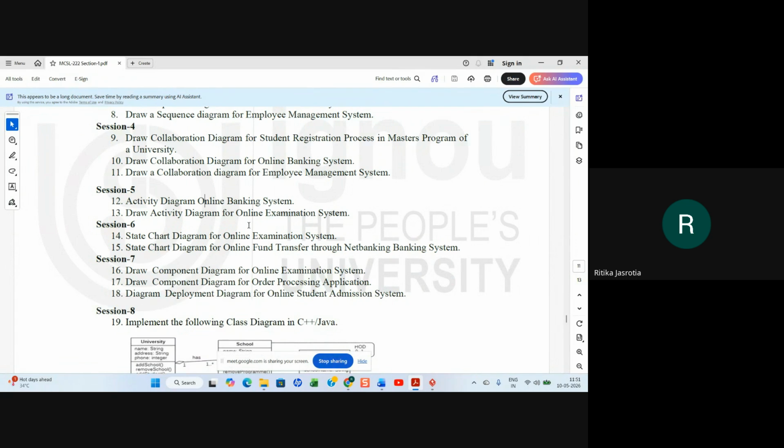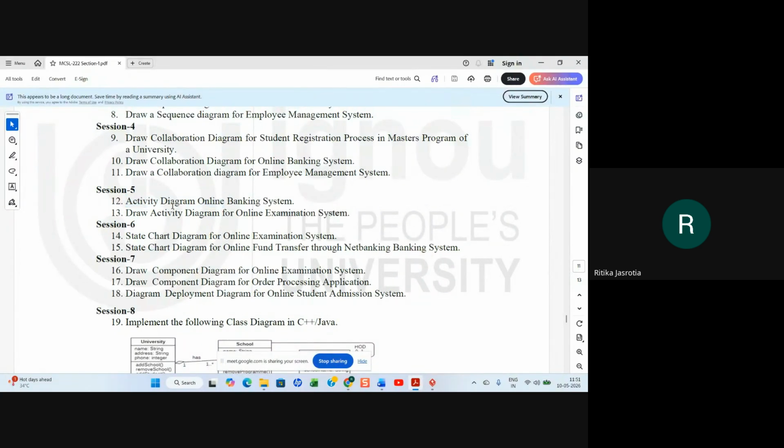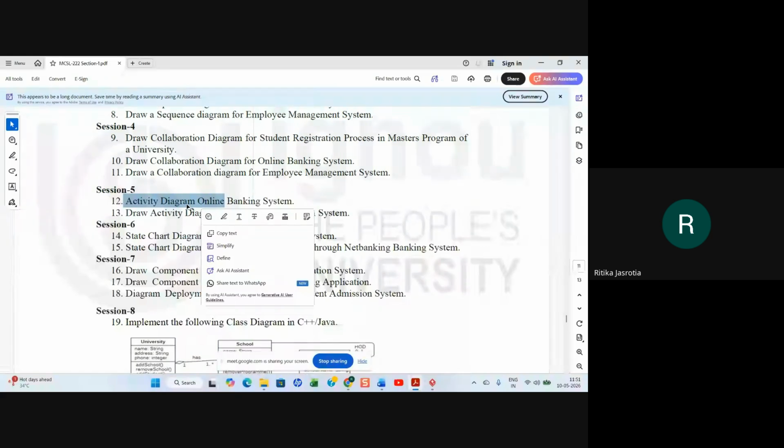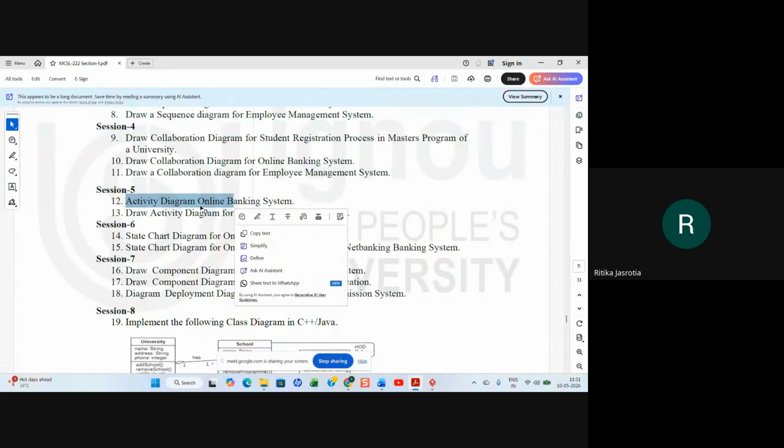I am showing you on software because in your practical the software is there, and you can use that software to draw. But in the theory examination, you should know what type of diagram an activity diagram is. It is a behavioral or dynamic diagram, and it is used to show the flow of activities going on in a system. It shows the operations or functions happening in the system. It is similar to a flow chart, and it explains the logic or algorithm of the program. That is what an activity diagram is used for.